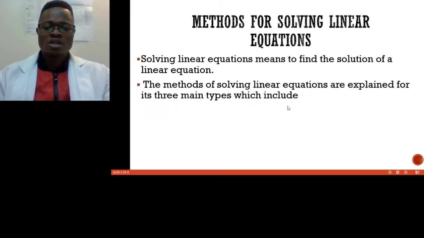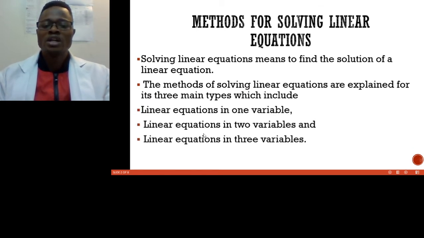the concept. So the methods of solving linear equations are explained in three main types, which include linear equations in one variable, linear equations in two variables, and linear equations in three variables. So it depends on what you are given. If you are given to solve a linear equation that is just one variable, that could be very easy for you to do. If you are asked to solve linear equations in two variables, there are so many methods you can